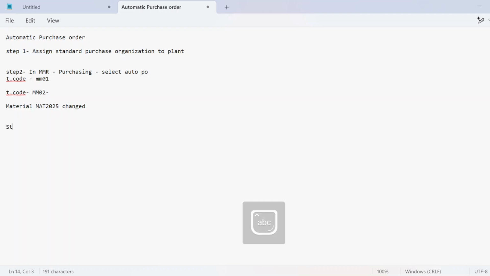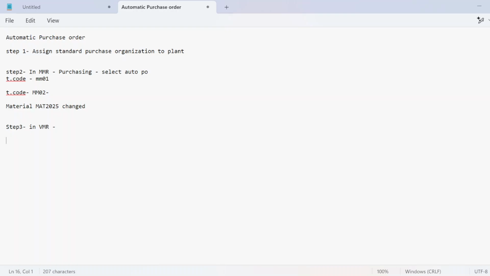Okay. Now third is in the vendor master record or in BP, because in ECC we used to say vendor master record, and in S4HANA we say BP. So step three, whatever notes I'm going to say, is for ECC. Both ECC and S4HANA are 90% the same, but right now I'm doing it in the S4 system. So if it's ECC, in the vendor master record we need to select, in the purchasing view, auto PO.